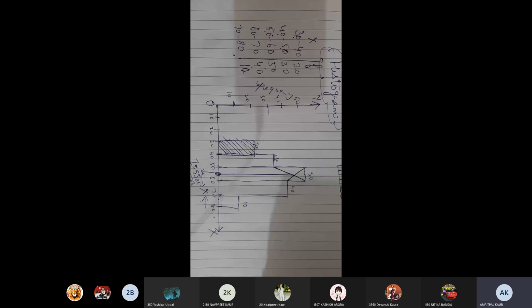And whatever these numericals we are solving in the class, please keep on noting these also. So in the end of the day, when you want to know what we have done in the class, it should be with you. You need not ask anyone whether this is in the syllabus or not. So whatever we are doing in the class, keep on noting in your notebook. From your notebook only you can prepare for the paper.